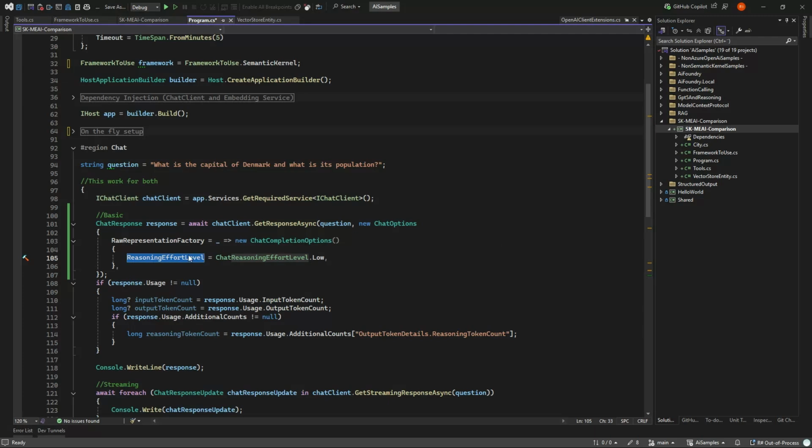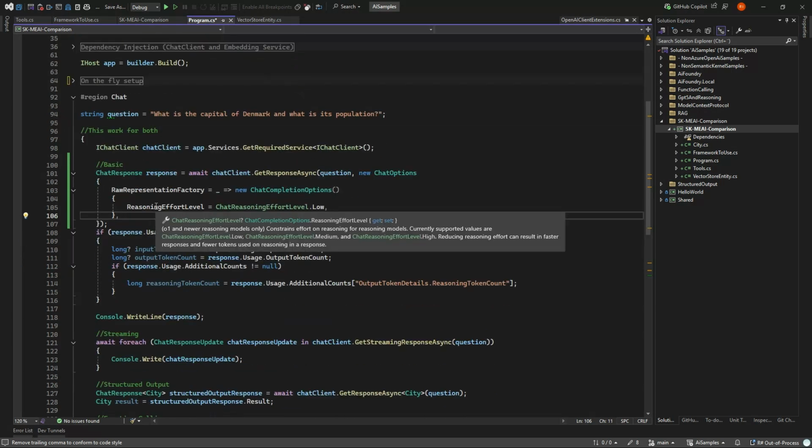You need to set chat options, and then you need to set some raw representation factory, which is not really a discoverable thing. And in that, you get completion options with reasoning effort. So it can be set, but it's not as elegant as in Semantic Kernel, which we'll see.